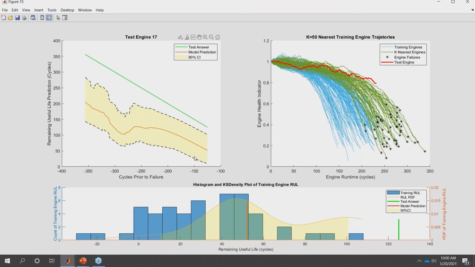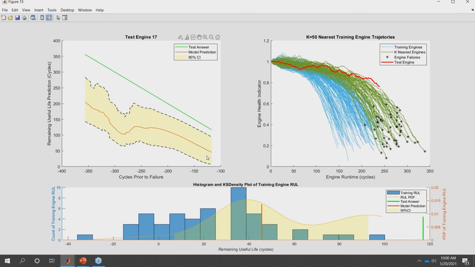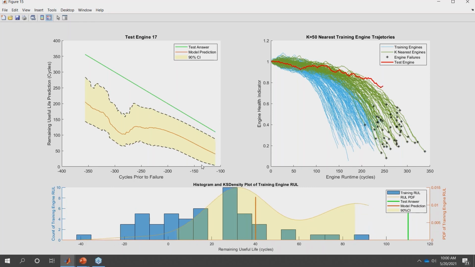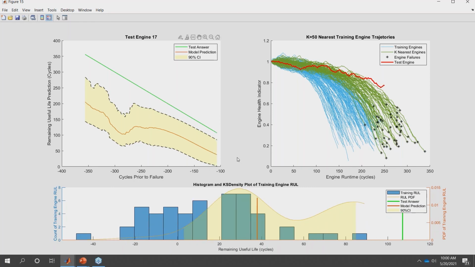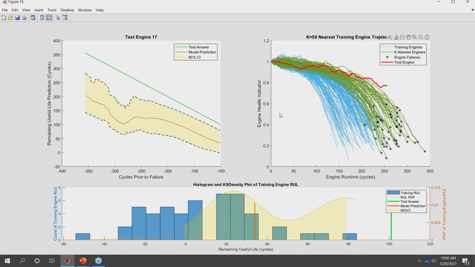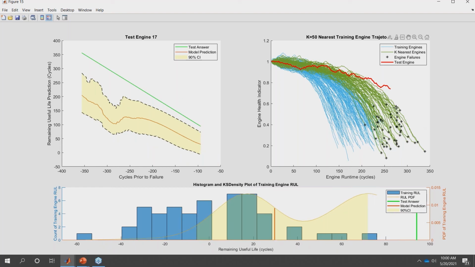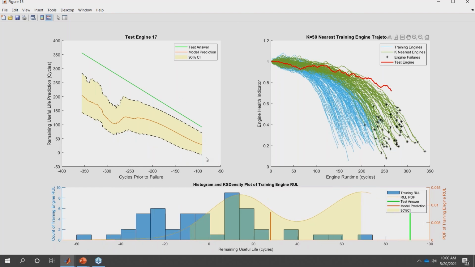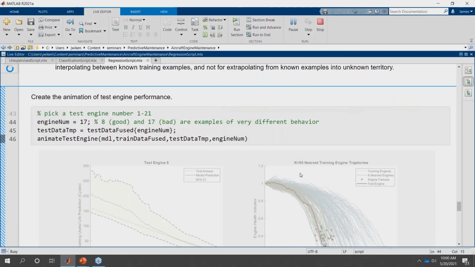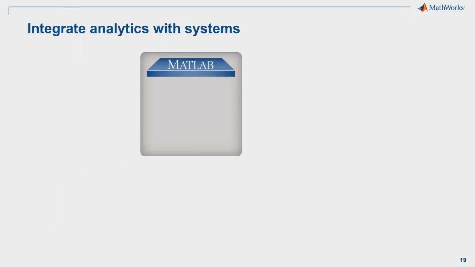Now, in this case, it's not too bad because it ends up being that we'd bring it down for maintenance a lot earlier than we would want, which isn't ideal, but at least the system isn't failing. And like I said, you would use this with an existing condition monitoring system and things of that nature, as backups to the process. All right, so that's about all I have for you.